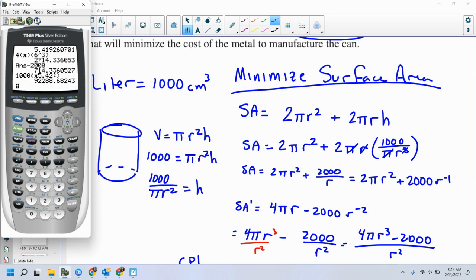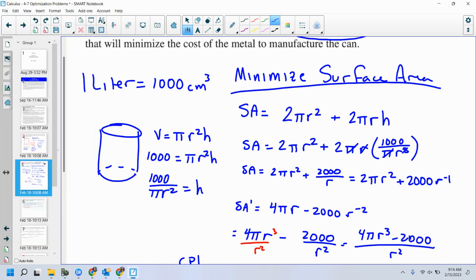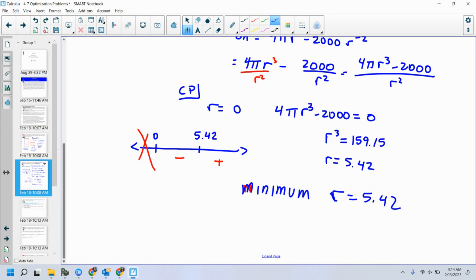That is a little bit more reasonable: 10.84. So my radius is 5.42 and my height is 10.84